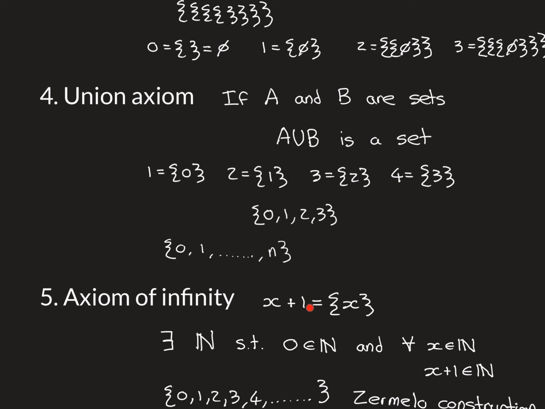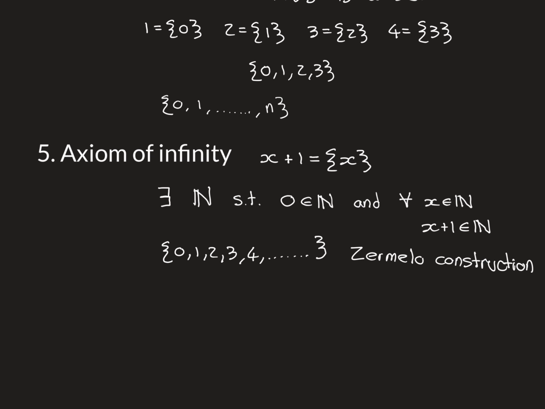We're saying that the next one along is just going to be the set containing the one that you've already got. This is, if you like, a recursive definition. And then the axiom of infinity is that the set containing all of these is allowed to be a set. So there exists a set that we might as well call the natural numbers, because that's what it fundamentally is